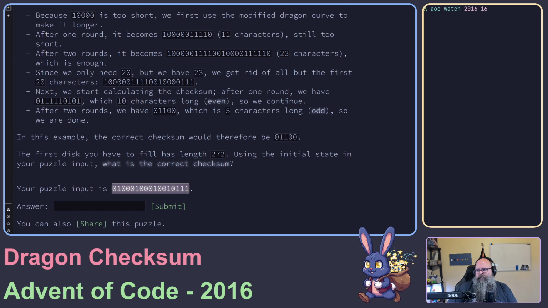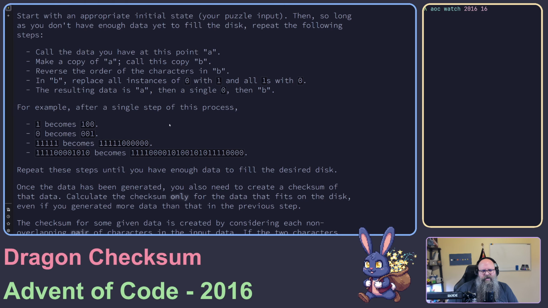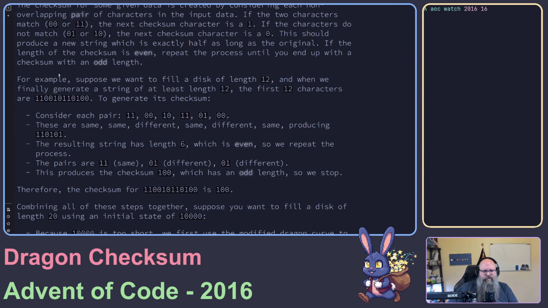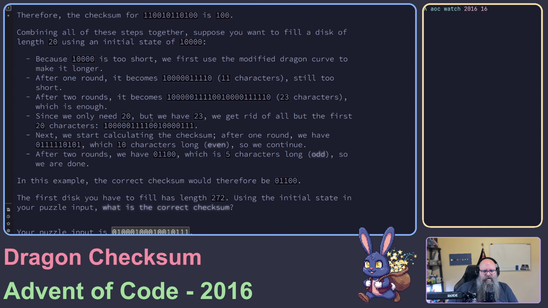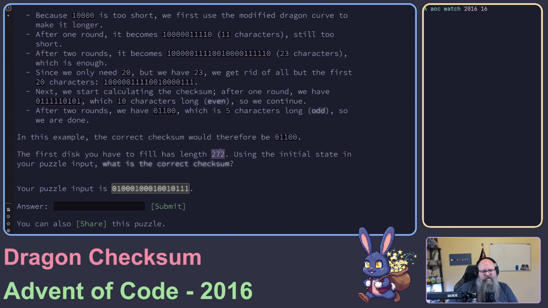Okay, so what I was thinking is 272 is relatively small. So it feels like you just run this maybe no more than, I don't know, 7, 8 times, 10 maybe at tops, to get the data. And then you'd run the checksum. Because it's 272, it halves each time, so you get somewhere on the order of 5 or 6 times to get to an odd checksum. Actually, you may only have to do it